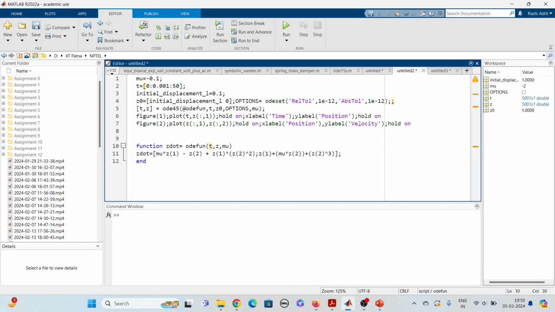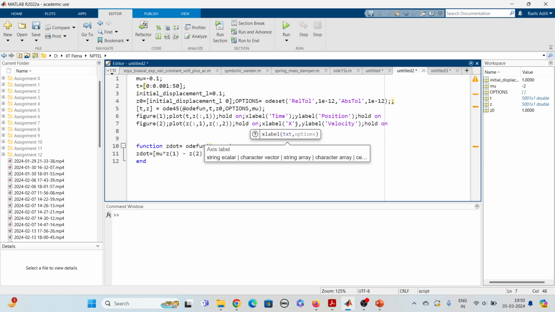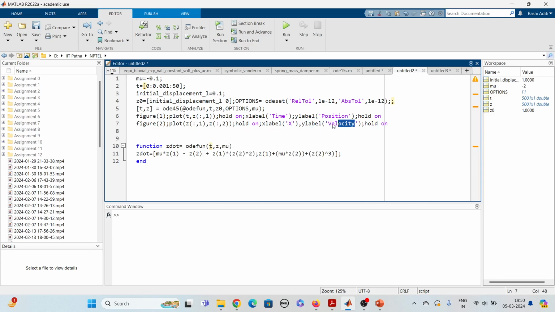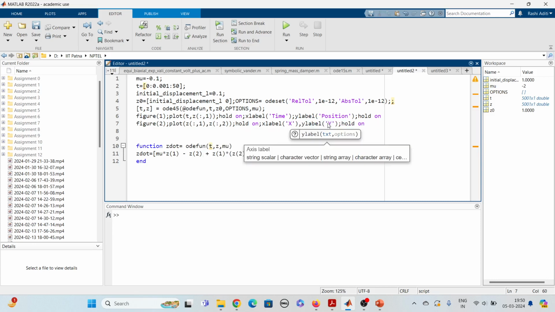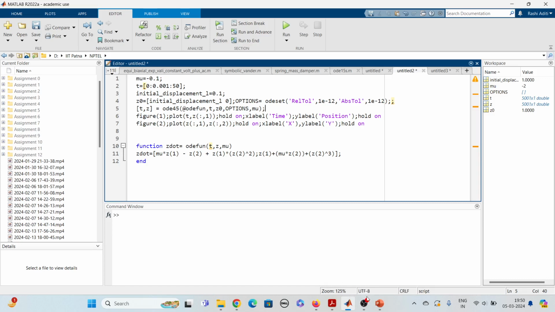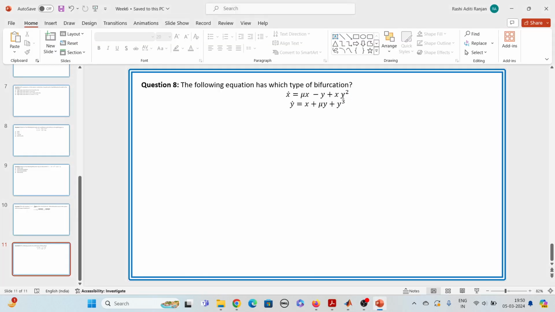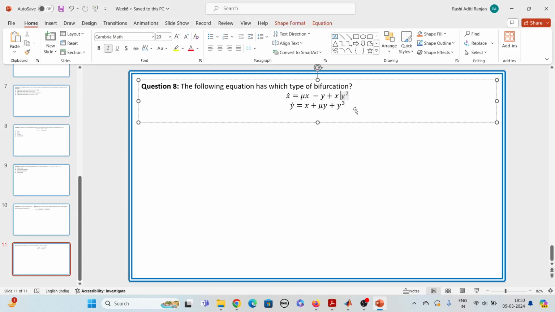This is our case. This I'm going to change to capital X, and this is going to be not velocity but capital Y. Okay, so if you remember, for this case, how many fixed points was I having? I am just taking my trivial solution, which is 0, comma 0. And my eigenvalue, I'll just add the eigenvalue over here. So my eigenvalue was actually coming out to be